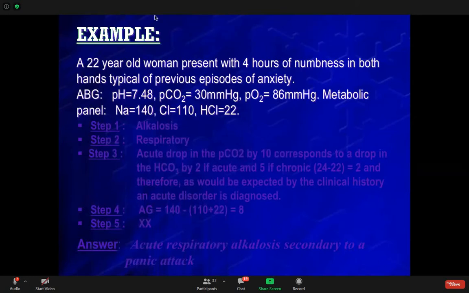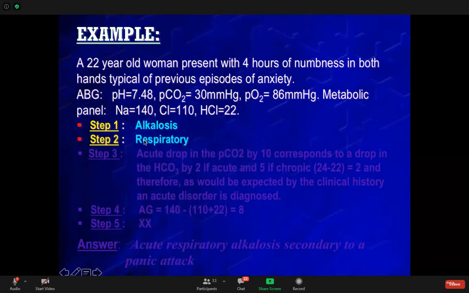So the first question is: is this acidosis or alkalosis? So we want to see your pH. What do you think this woman has? Exactly, so it's alkalosis. Okay, so our next question is: is it primary respiratory or primary metabolic? So we want to look at